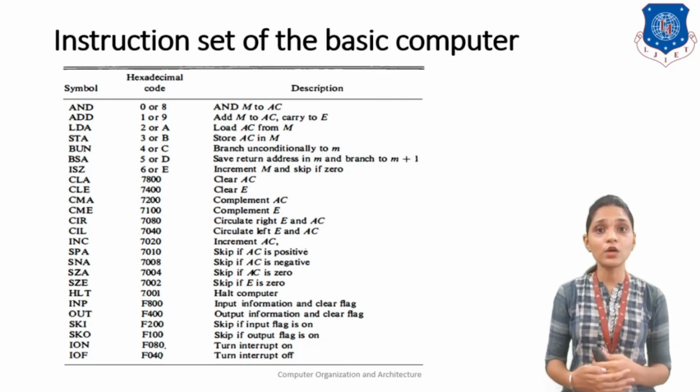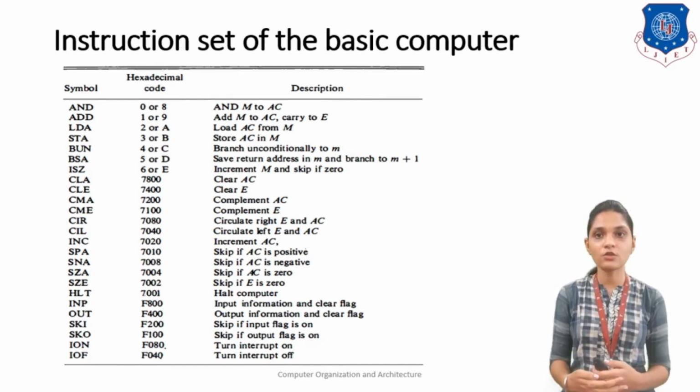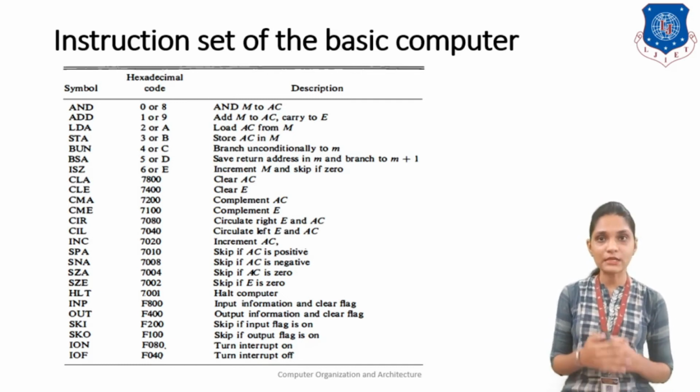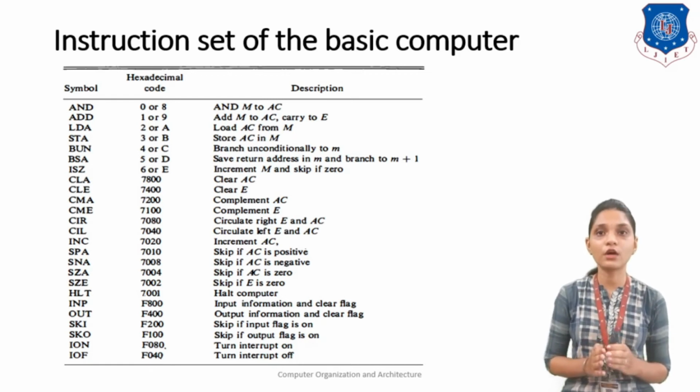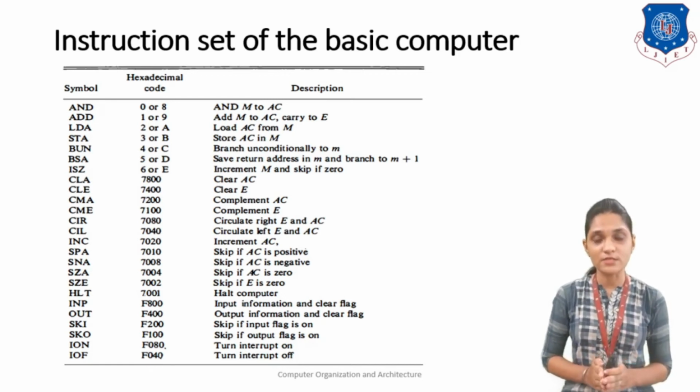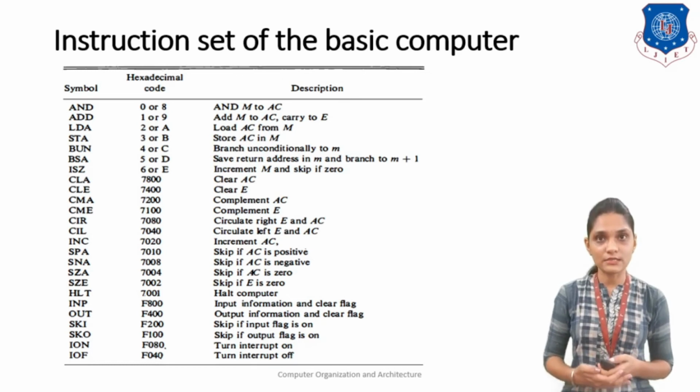Similarly, to turn the interrupt on and off, you can use these two instructions, ION and IOF. Basically, these instructions will turn on or turn off, or you can say set or reset, the interrupt flag, and depending upon that your interrupts will be enabled or disabled for your code. So this is the total set that we are going to be using for our whole programming sequence. So these are the instructions.